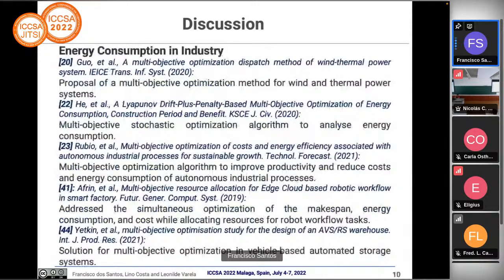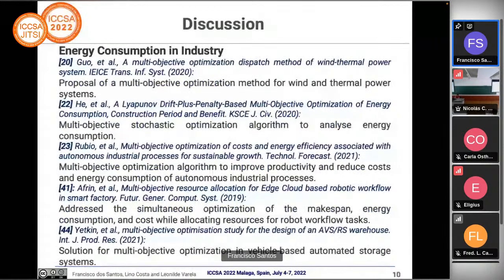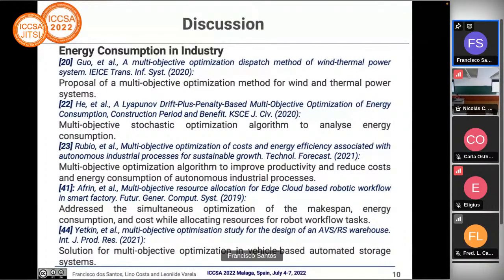Scheduling is an area that has attracted attention from researchers due to the massive energy consumption of the manufacturing process. Some examples of papers in this area: